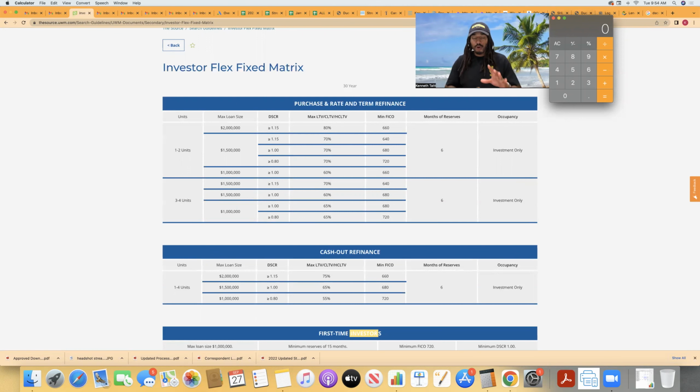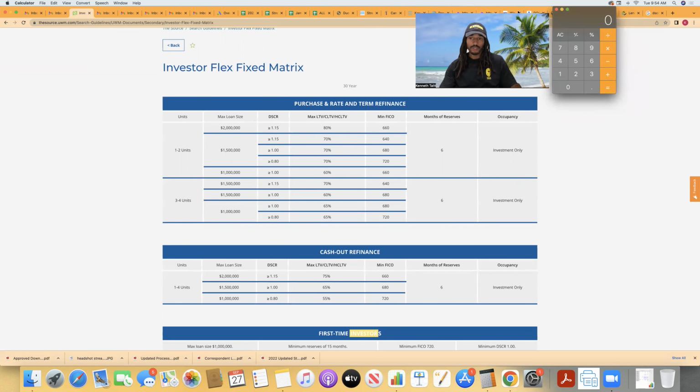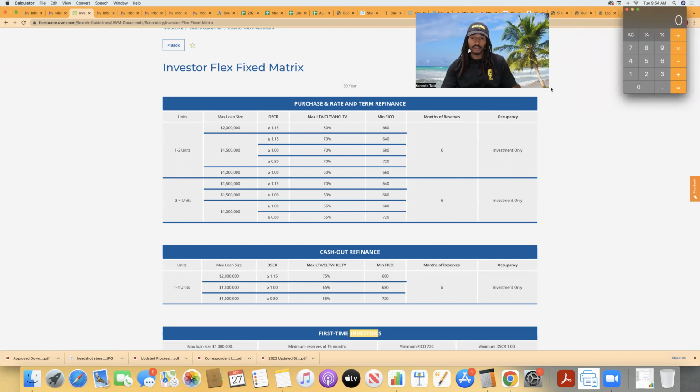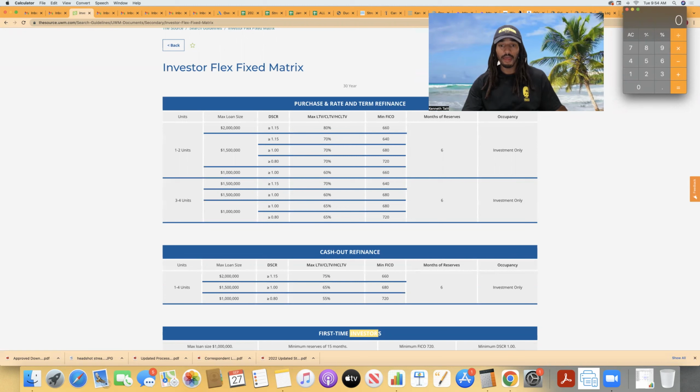So just want to touch on a couple of basic things because for a long time when these programs first came out, I was even a little confused on exactly how they work. So it's very simple. This is a product matrix. This has nothing to do with pricing. This is just a product matrix that gives you the basic guidelines and parameters for loan to value and the